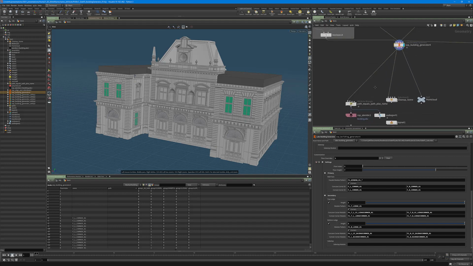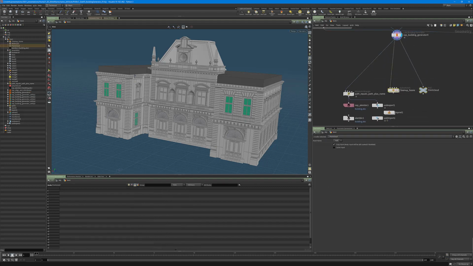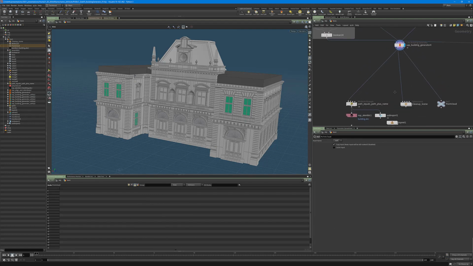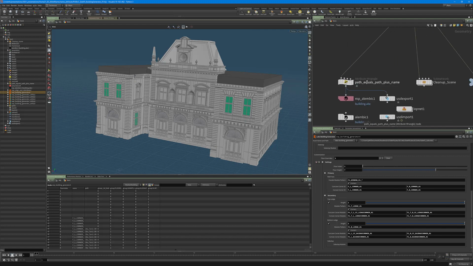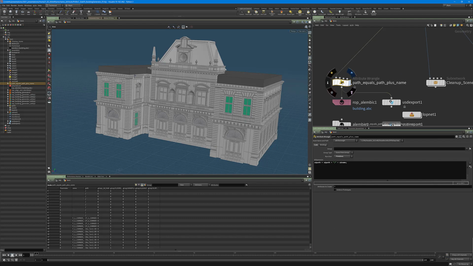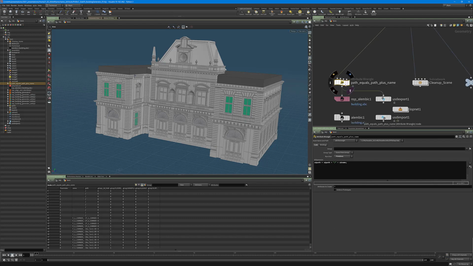And again, an old school user might think, oh, you can use groups to do that, but name is far more efficient, and it is really a first-class attribute inside of Houdini. So use it as you should to build your tools. Now, one of the things with attribute wrangle is we can do some pretty interesting things here. For instance,